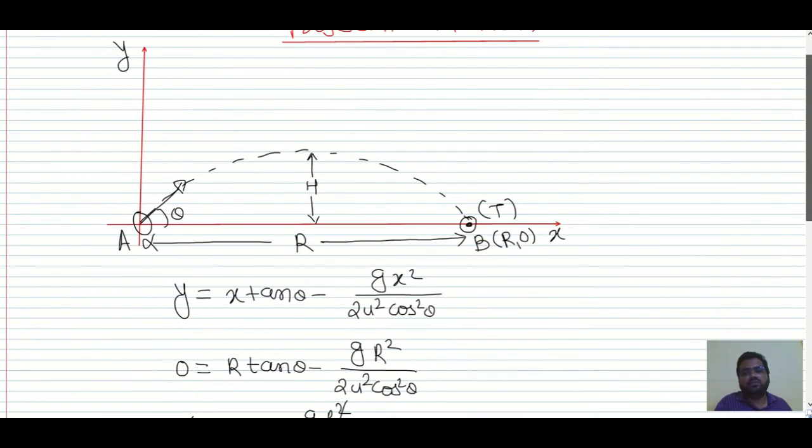Okay, now how to find the time of flight? So see here, we know that in the horizontal direction, the velocity will always remain constant. Why? Because acceleration in the horizontal direction is 0. So a body in motion will always be in motion in the horizontal direction. If the body is at rest, it will always be at rest in the horizontal direction. There is no air resistance that we have to consider over here. So in the horizontal direction, the velocity we have is u cos theta, and the distance it has to travel is R. So what is the time of flight then?